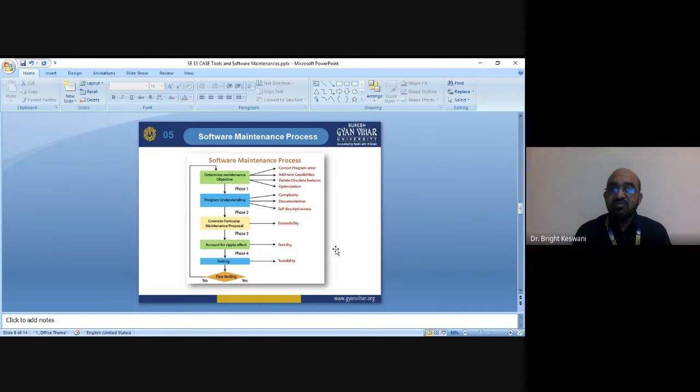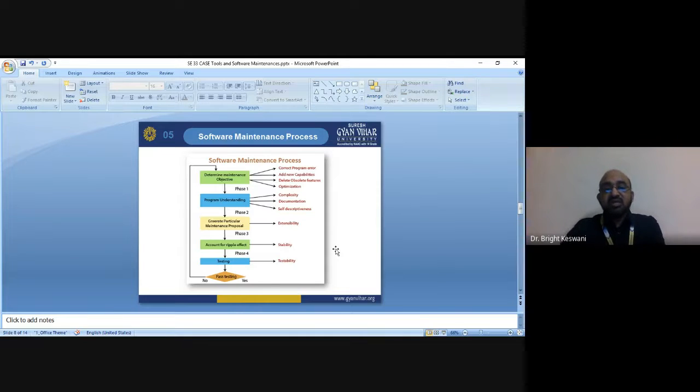When you determine the maintenance objectives, that is phase one. In the second phase, which is program understanding, you check how complex it is, whether documentation is available or not, and whether self-descriptiveness is there or not in the program.